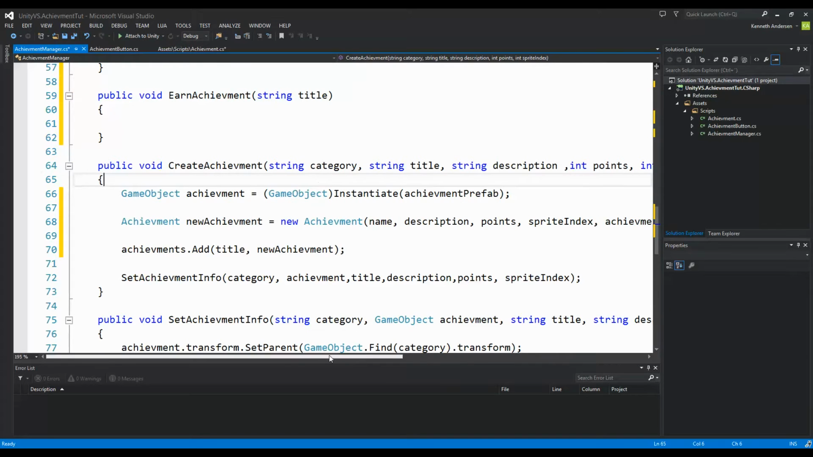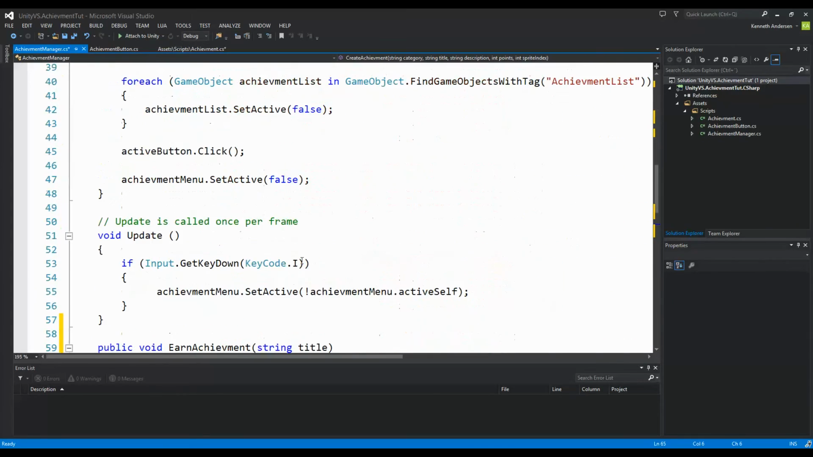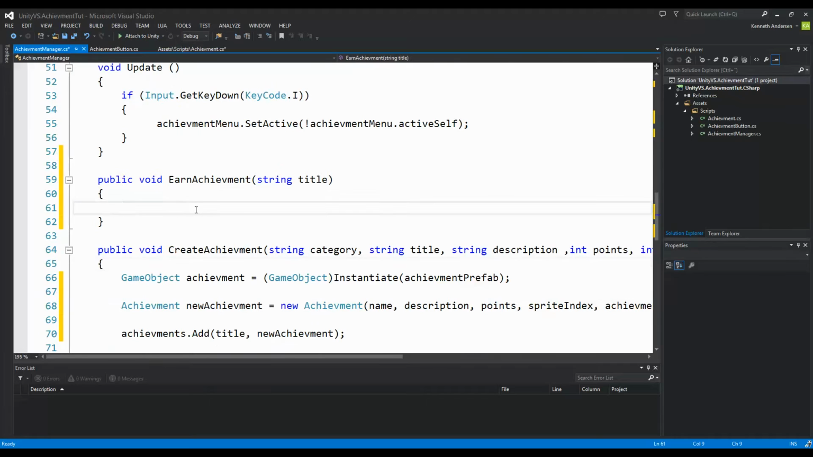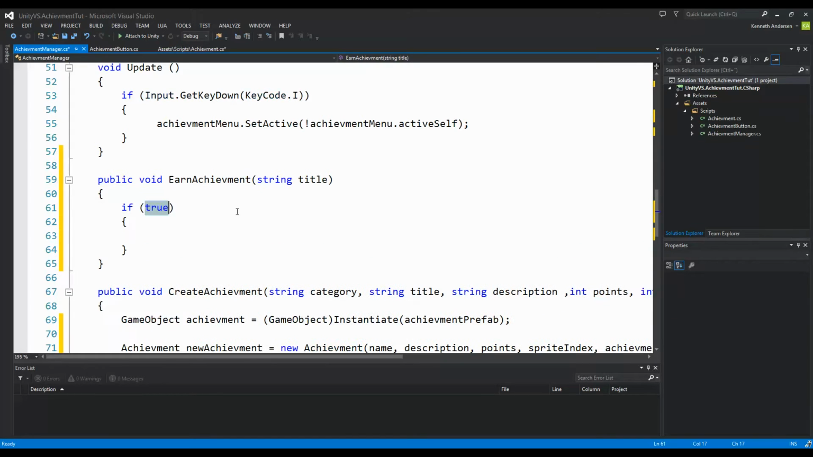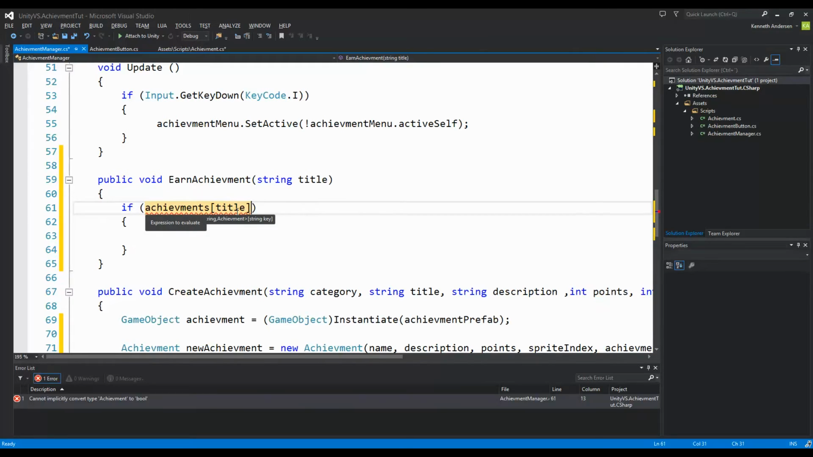So all this brings us back to the earn achievement function. I made it up here, I think. There we go. So now we can start creating this function. When I call earn achievement from any other class in my game, I'm going to give it the title I want to earn, and this needs to be an if statement. So if achievements title, the title I'm trying to earn, for example run lift or whatever, if that is earned, so earn achievement, this one checks